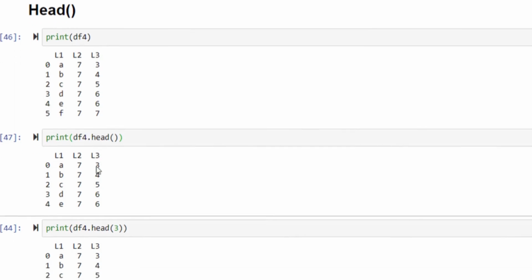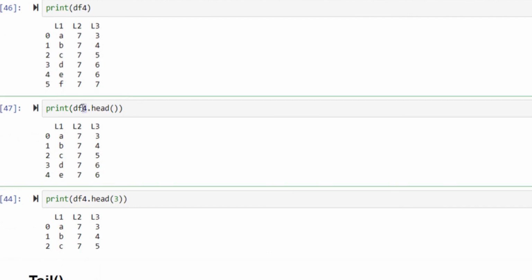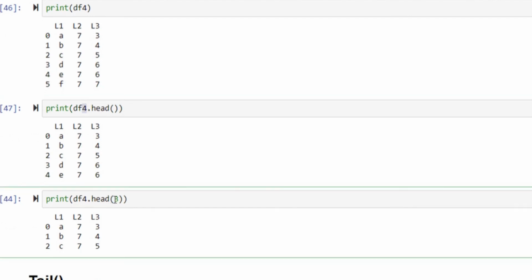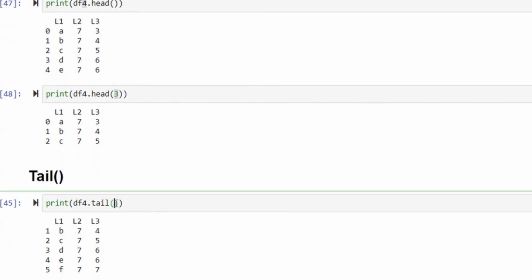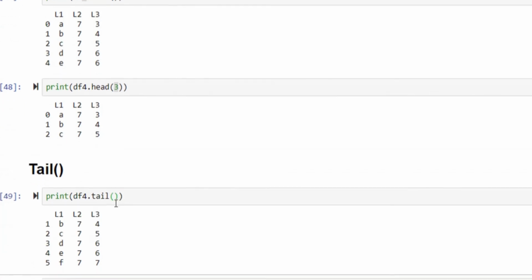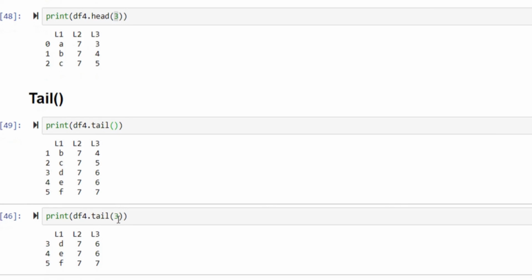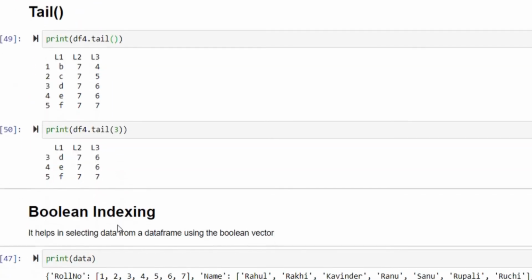First 5 rows for any data frame dot head. If I pass any integer, it will return only that many rows. Similarly, the tail function will return the last 5 rows, and passing an element to tail will return that many rows from the end.